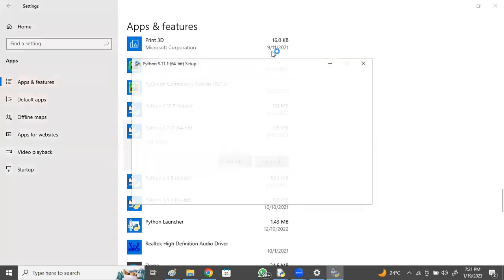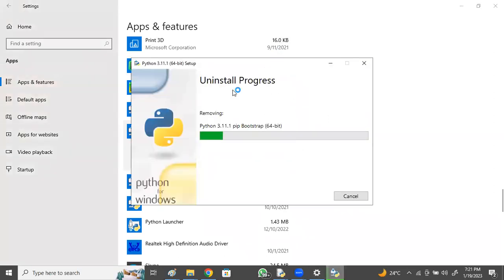Python provides different software for different environments: for Windows, for Linux, for Mac OS. For example, for Windows there is 32-bit Windows and 64-bit Windows. For 32-bit Windows, we need to download 32-bit Python software. For 64-bit Windows, we need to download 64-bit Python software.